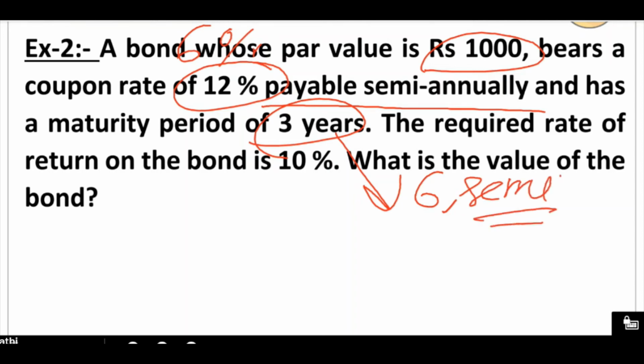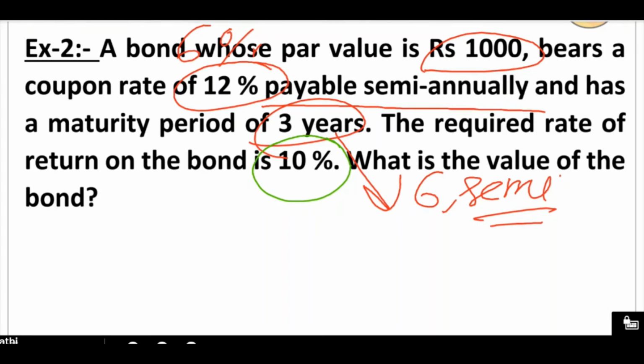Okay, that means the company will pay 6 times. The required rate of return on the bond is 10%. So whatever investment we are making after getting this coupon, we are getting back 10% from that reinvestment. For this, the previous method, the discounting factor, will become lengthy, because here we'll get 6 values. So we'll use our formula, the present value of an ordinary annuity.